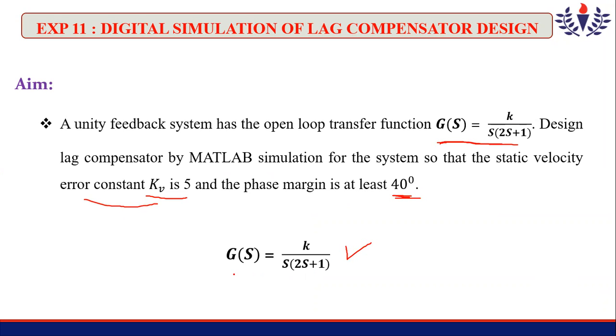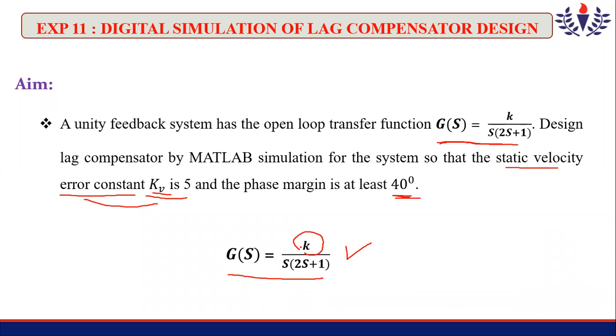Now first we need to cross check what the actual phase margin is, and we need 40 degrees. If you know the actual value, then we can check how to improve and how to get the 40 degrees. And one more thing, K is there. For the Bode plot, we need the K value also. But in the question, they give directly the static velocity error constant Kv. So by using this Kv, we can identify the system gain K. Once we know the system gain K, we can draw the Bode plot for the open loop system first, and check the actual phase margin and how to improve on it.